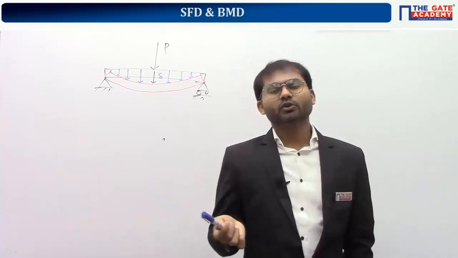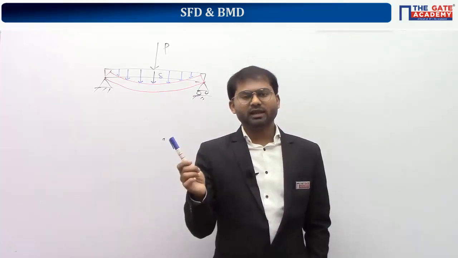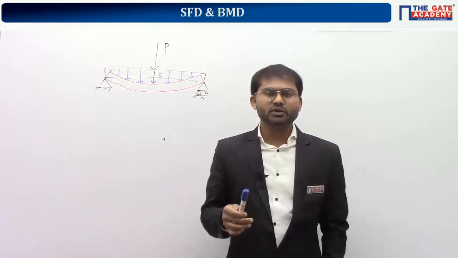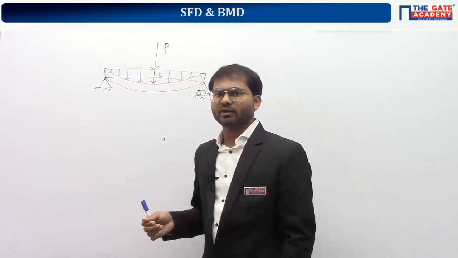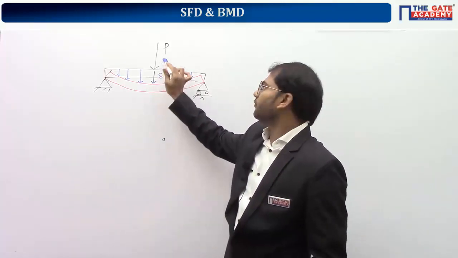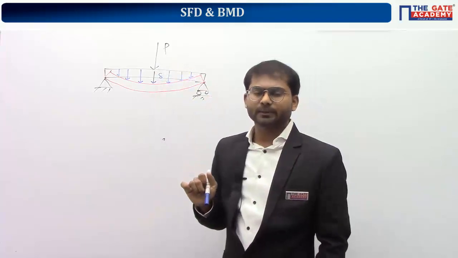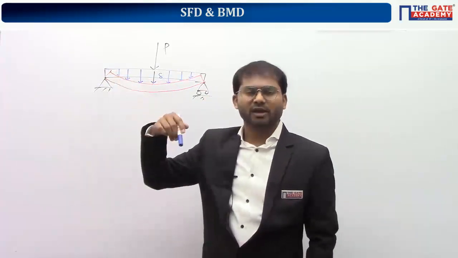So what we are going to do is find out the induced value along the length of the beam, the variation of induced value along the length of the beam. Here it is a little bit obvious from the deflection that more deflection at the center means more shear force is induced at the center, and lesser deflection towards the corners means a lesser value is induced.